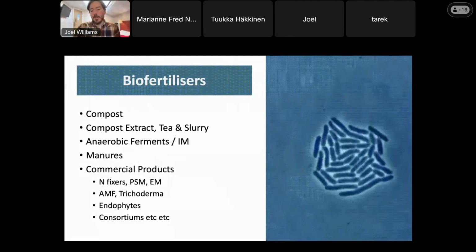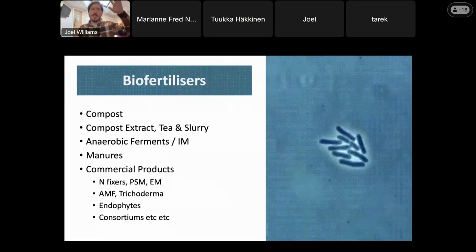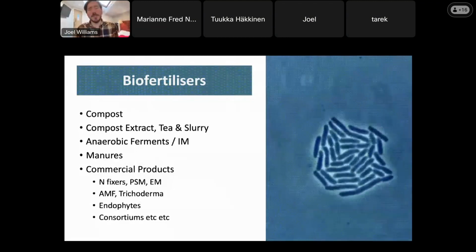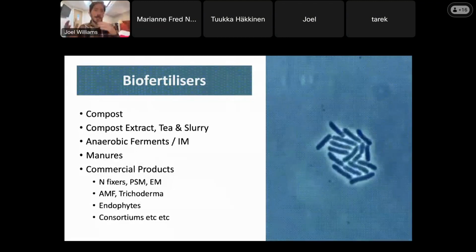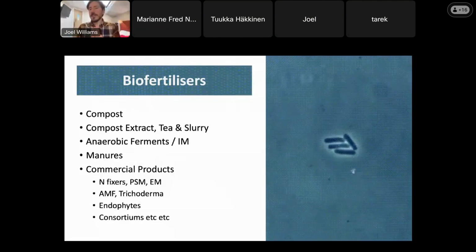But I think the point is that when people say, "Oh, don't bother applying microbes to the soil," there's already billions and billions of them there. It's literally a drop in the ocean. You're not changing anything by just putting a few grams of these microbial spores in. I really agree with that sentiment, but I think the nuance of this is